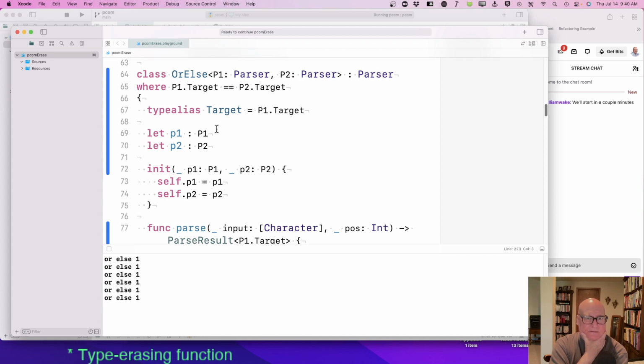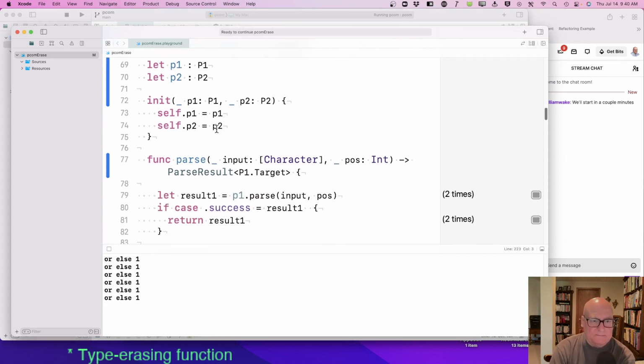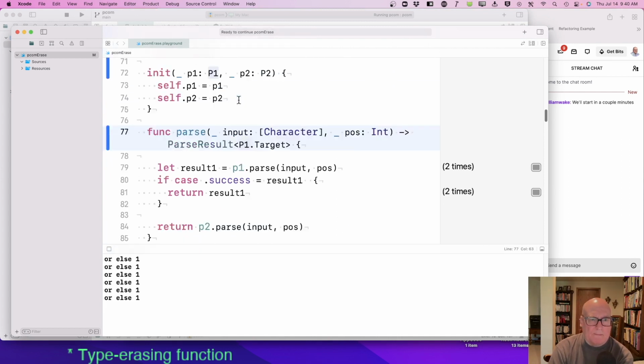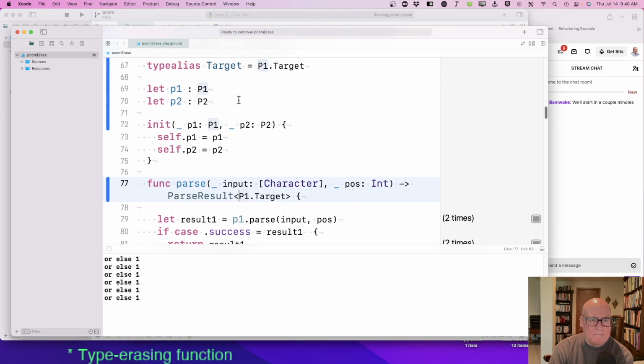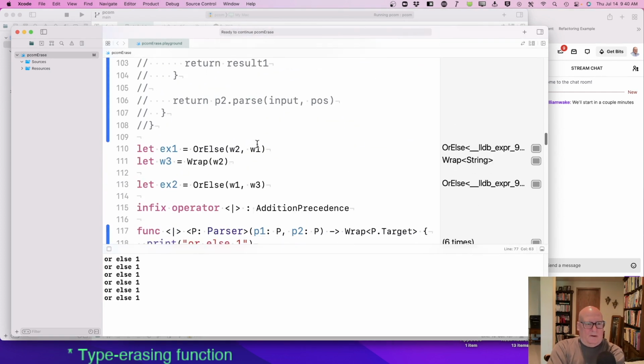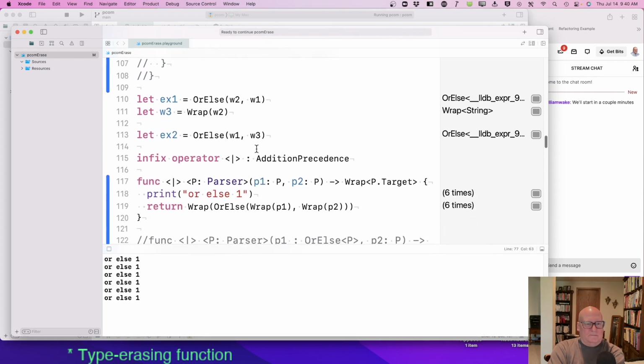I don't know. How do I get a wrap in here? My operator wraps everything.